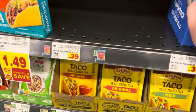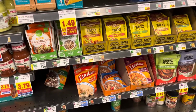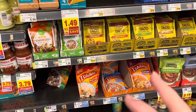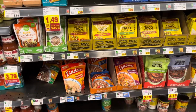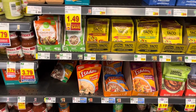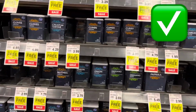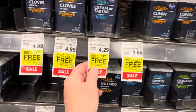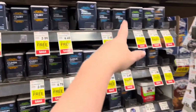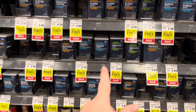So why don't you just go get, what I do is I use chili powder, cumin, garlic powder, onion powder, paprika, seasoned salt, all of that stuff, and just mix it all up in a bowl and keep it in a jar. See, look, all of these spices, especially right now this week, they've got them on sale for buy two, get one free. So grab your chili powder and your garlic powder and your cumin and your onion powder